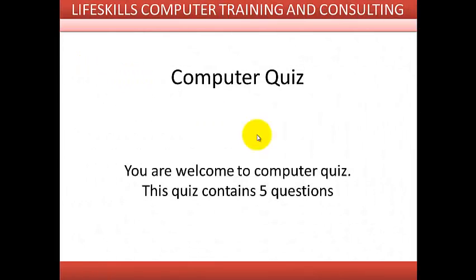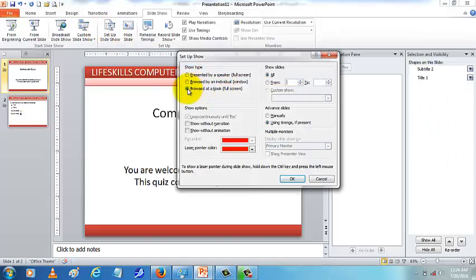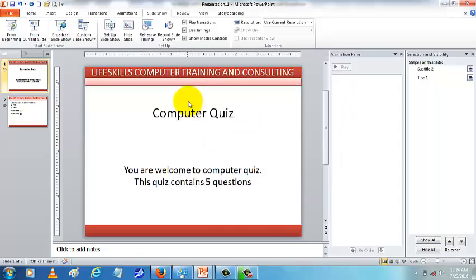If I go to slideshow, if I click, nothing is happening. It's not moving. So how do I move from one slide to another slide? You can hear my clicking. Nothing is moving because I've gone to slideshow and I have said Browse at a kiosk. So when you make this setting, nobody will be able to advance your slide. Let's leave it like that.